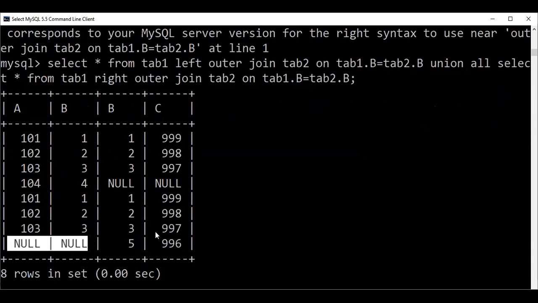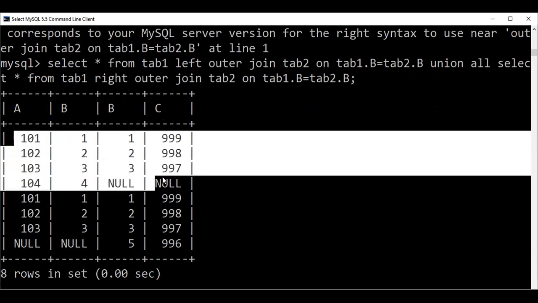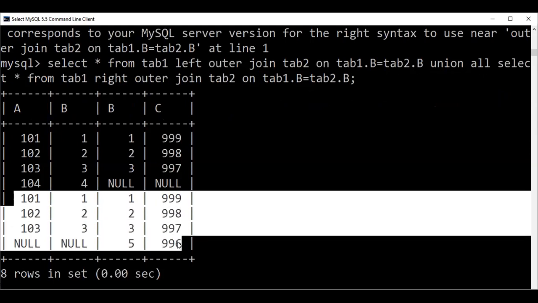So if you take the first part up to 4, this is the left outer join. The right outer join will be the last part. If you combine these using the union all operation, this is a full outer join. It means that it shows which attribute of tab 1 is combining with tab 2, and which is not combining. Likewise, tab 2 is combining with which attribute, and which is not combining. So from the left side,